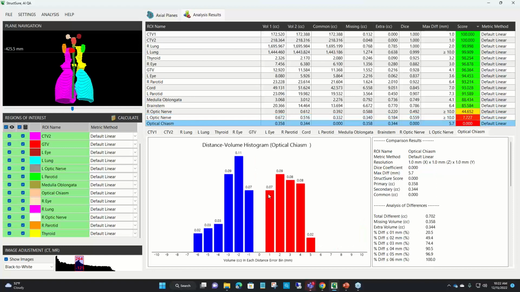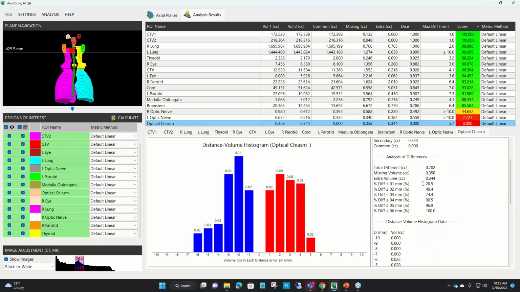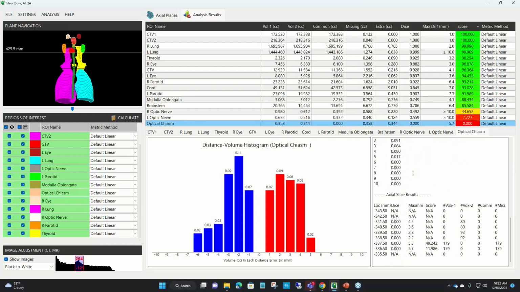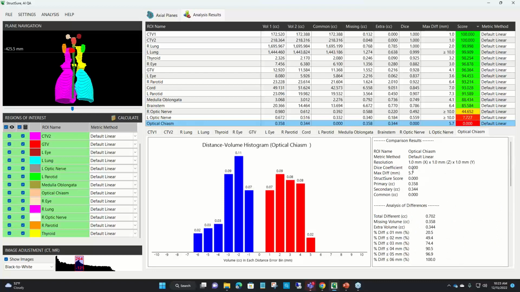The optic chiasm, they didn't agree at all anywhere, and had all kinds of problems, both undershooting and overshooting. Over on the right hand side, again, it's a whole breakdown, a lot of the stuff that you see up here, of course, and you can copy and paste this. This is basically a CSV file. You could just copy and paste this into a spreadsheet if you'd like, and play with the numbers